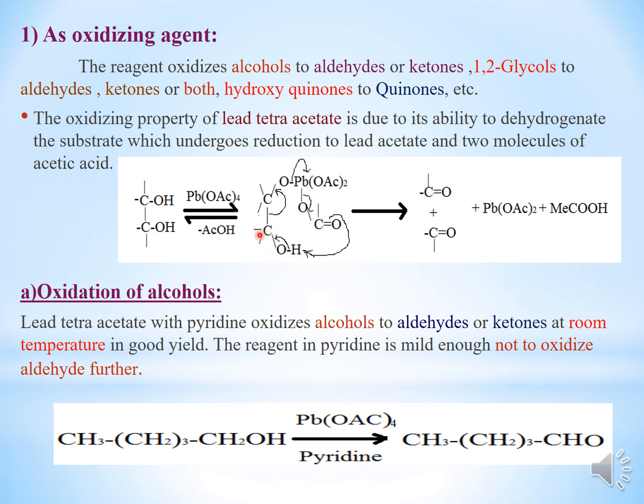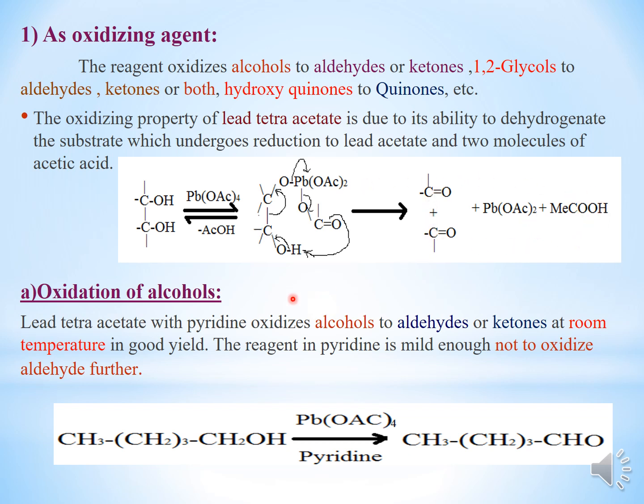That is, you are cleaving out acetone molecules. 2 acetones are cleaved out along with lead diacetate and 1 acetic acid. So here it is, the whole reaction. I am writing it here to show the first step, because we are showing the whole reaction, and we have to know what products are cleaved out. So this is your overall reaction product.